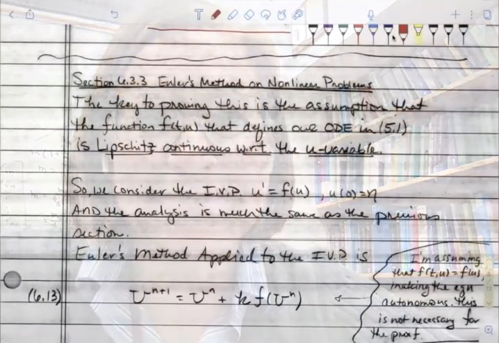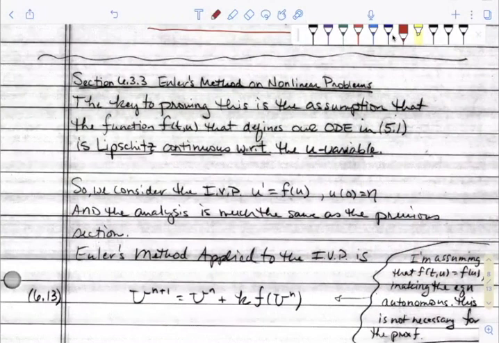This is another video lecture in Math 442. This is section 6.3.3. We're going to apply what we used in the previous video to do a global error analysis on a more general problem. Let's get started. To cover section 6.3.3, we're going to do a similar sort of global error analysis,